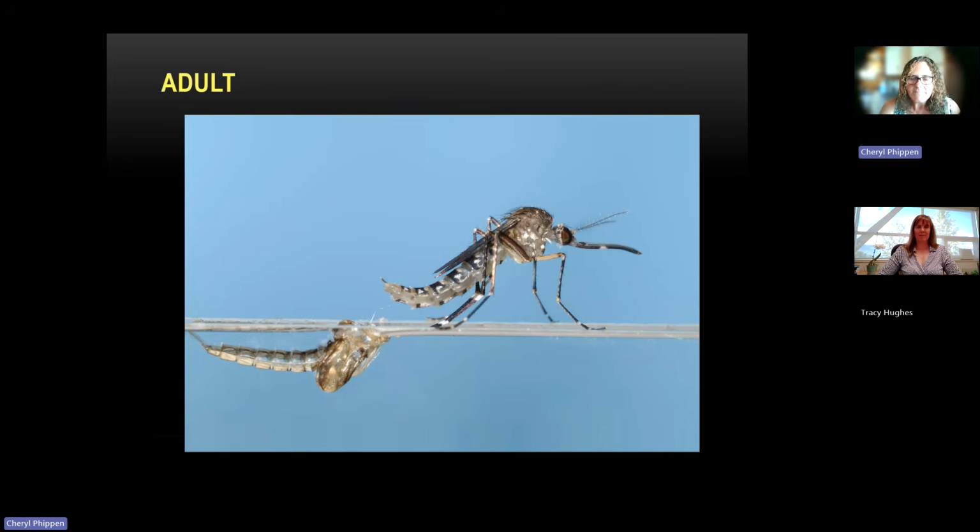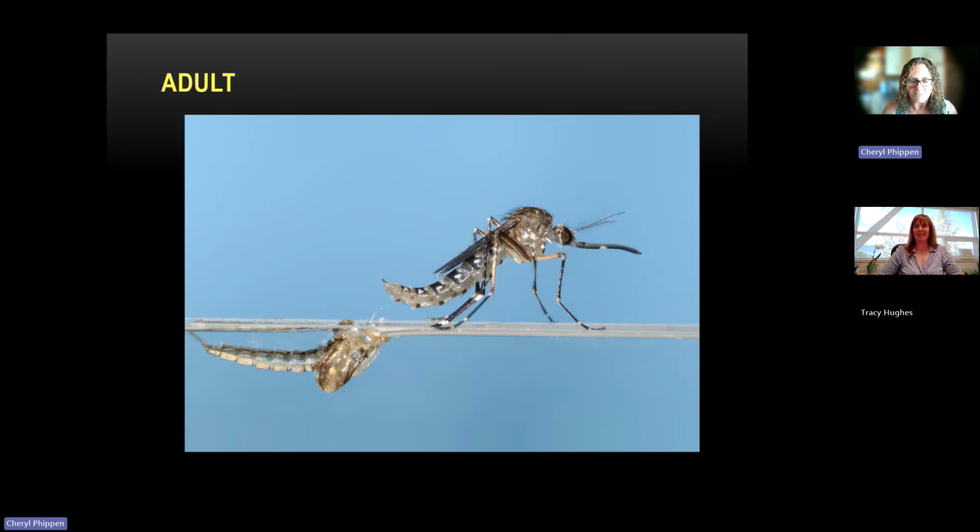So some basic mosquito biology. There's about 45 species of mosquitoes in the interior BC. Like I said before, the females are the only ones that bite. Males are actually pollinators. So they pollinate grasses and some flowers. So I often get asked, well, what good are they anyway? Well, they are. They're pollinators.